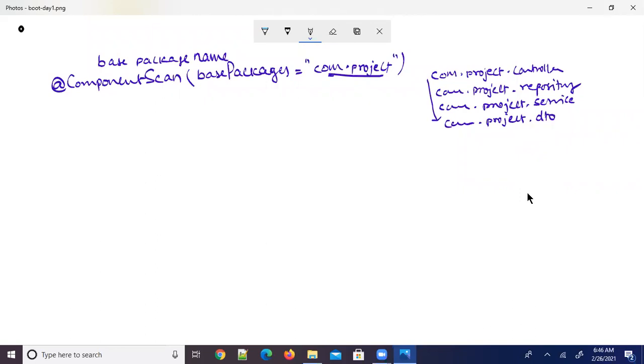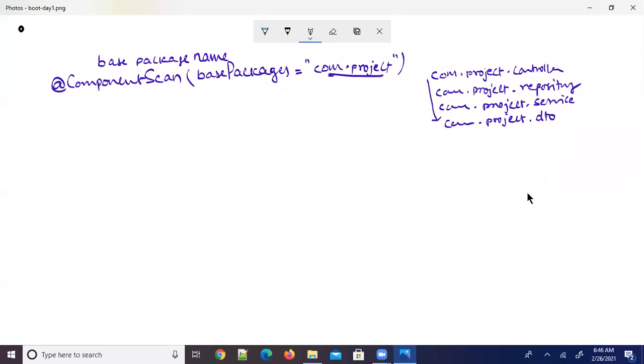So that is the components auto scan feature, which definitely reduces the burden on the programmer, because manually we need not register our Spring beans with the IOC container. That is called the components auto scanning feature.